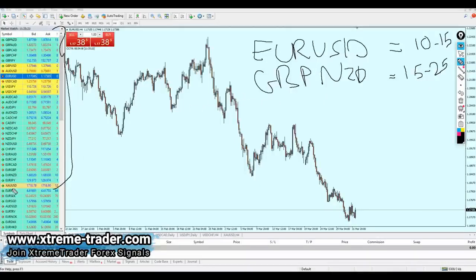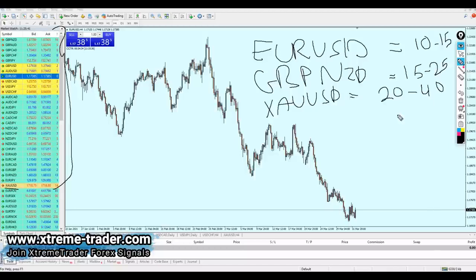Now of course, if you are scalping gold, I always get confused about typing the gold command or the pair name. For gold, we can aim for more than that. We can aim anywhere between 20 to 40 pips as a scalper.